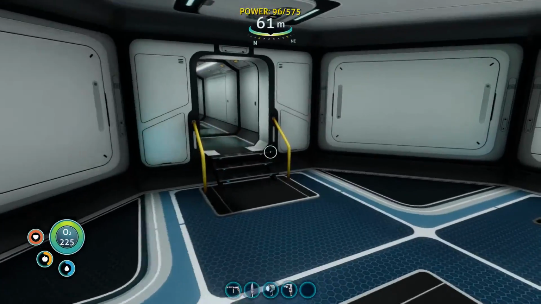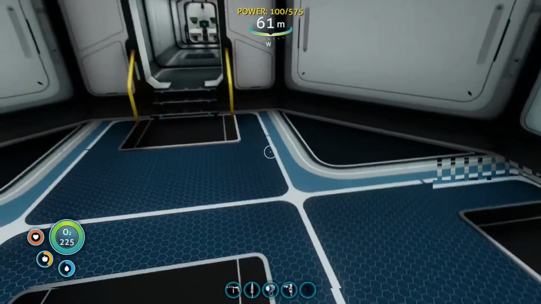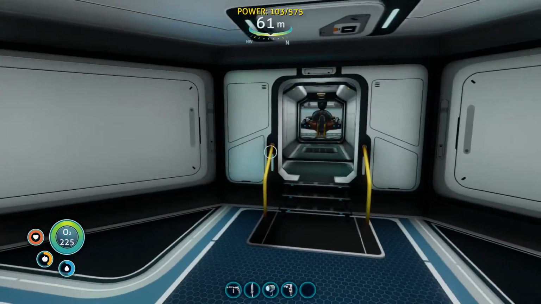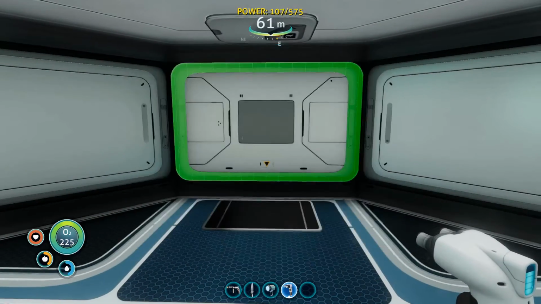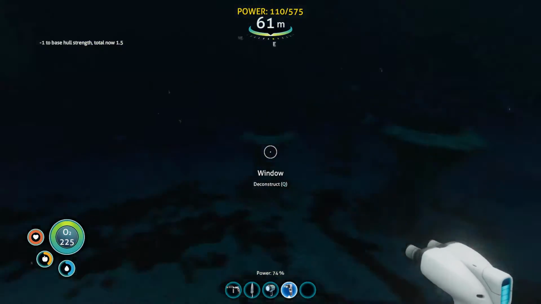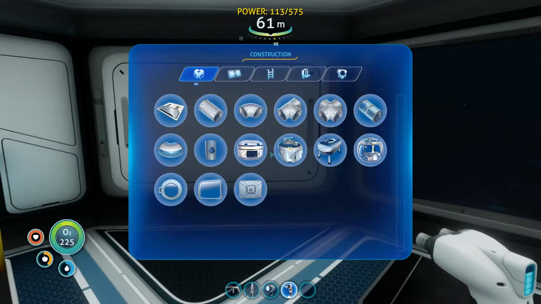So once you have the reactor and you're generating power, you can now use your multiple purpose room for its multiple purposes. So you can of course build lockers and fabricators, whatever you like in this room. I would of course suggest windows as an absolute necessity, so that you can look at things while you're lollygagging. So if I build windows on each of these panels here,